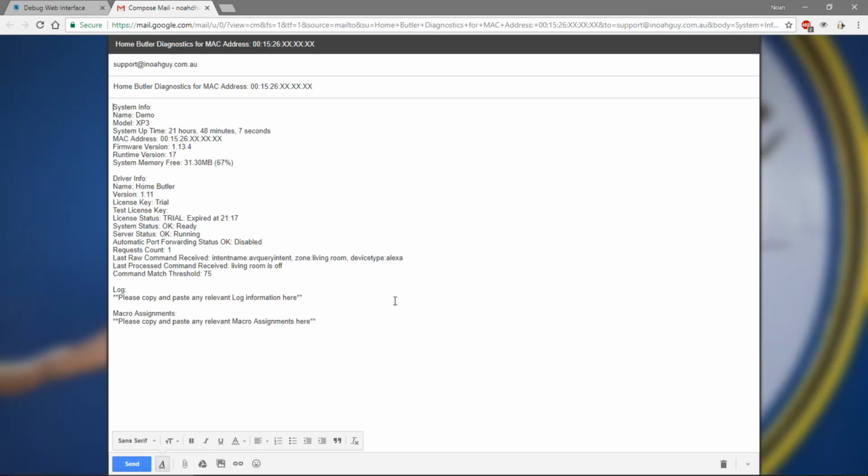So click OK. This will open a mail to URL, so your default mail client will open. If you don't have one set, then you'll have to set one before this will work. So you can see on my system here, it's filled out the subject line with your MAC address, full system information, driver information. Then a little reminder here to copy and paste anything from the log or macro assignments that